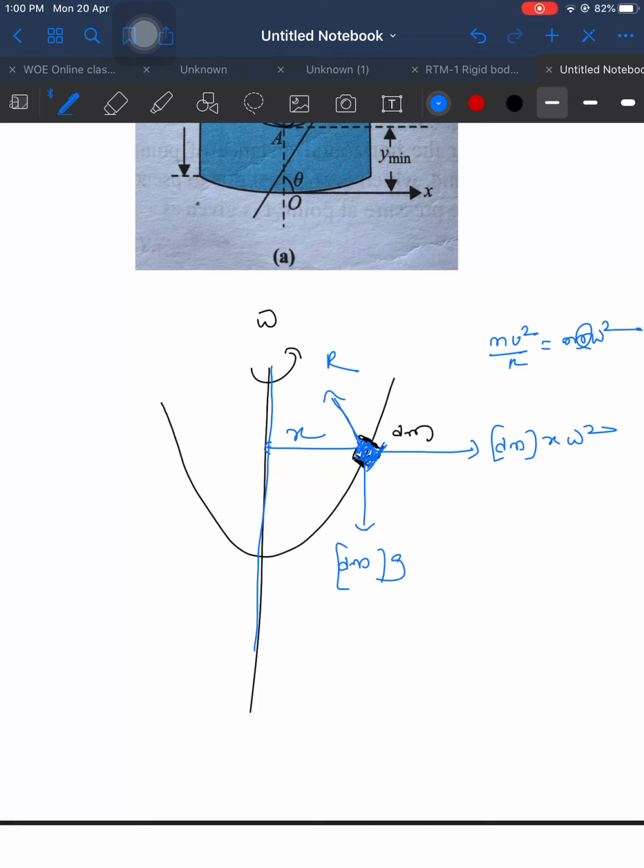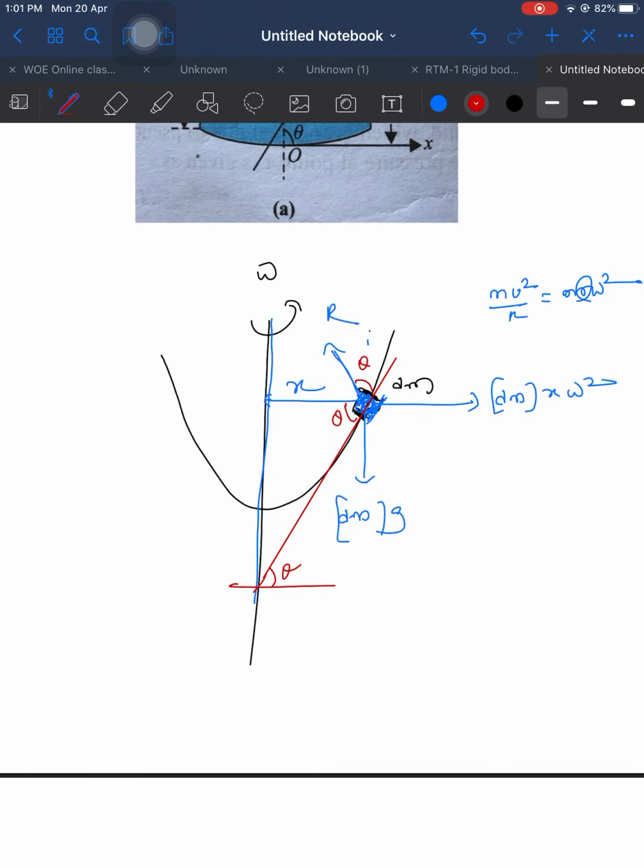Okay, let's make it very clear. I am drawing a tangent for this surface. This is a tangent. Better to draw with a different color. Say this is a tangent. So this is the tangent. This tangent is making an angle. Here is an angle theta. It will be theta here and it will be theta here, and sorry, this should be vertical here.